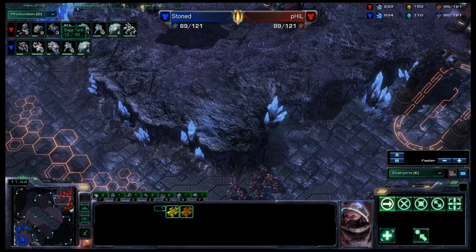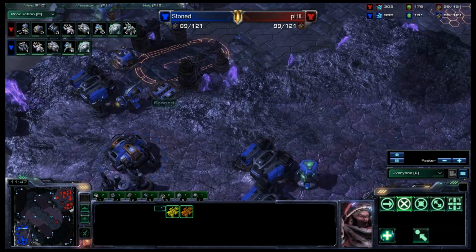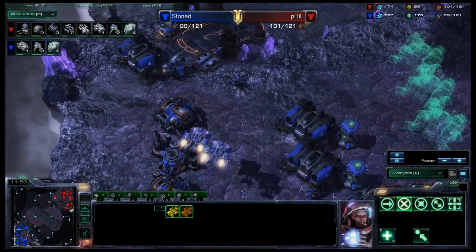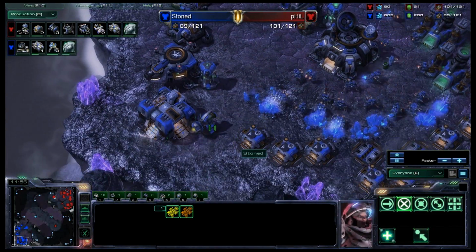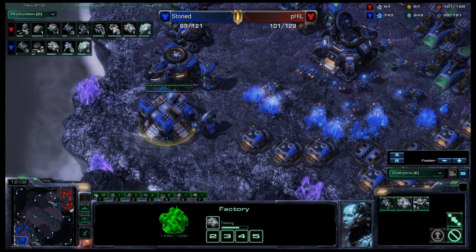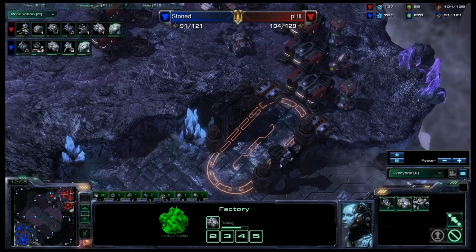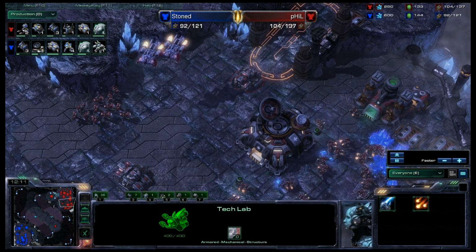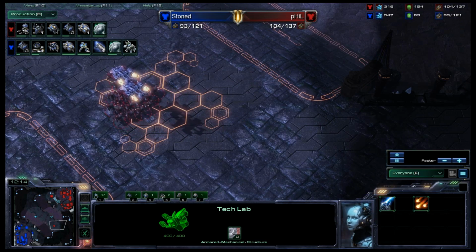However, Stoned is building tanks as well. Has he gotten siege tank himself? Where is his factory? Oh, there we go. He indeed does not have siege tank under research yet. And obviously pHiL's is now done, I believe. Yes, indeed it is. So that's going to give pHiL a clear advantage so far here in this map,